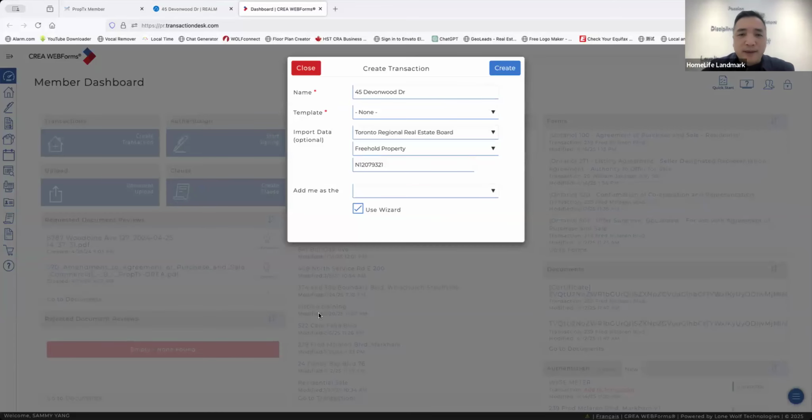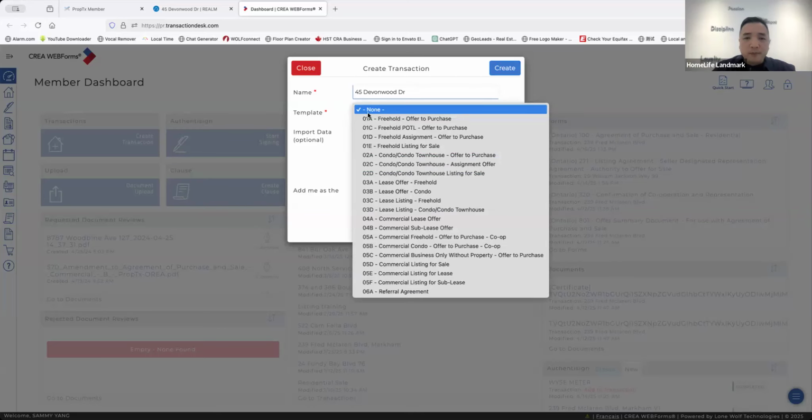Once you click web form, there's a pop-up window, and the transaction name is the property address. You can change it if you want, but usually we just leave the default. And the template: this is a freehold. You see there's an asterisk, that means mandatory, so you have to choose a template manually. This is a freehold, so we choose